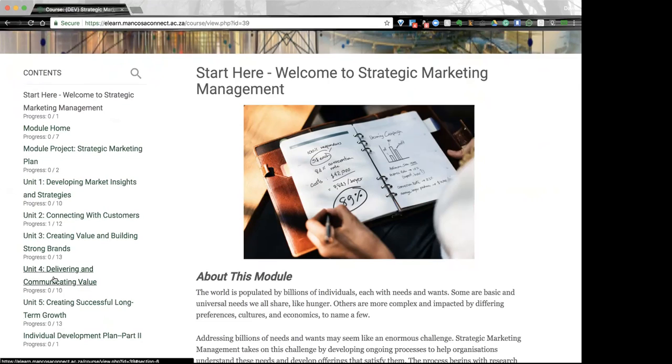You can always find and navigate your way through the module by clicking through on one of these table of contents links, and this is visible most of the time throughout the entire module. There's also a search feature up here, which is pretty nice. So if you have a particular topic that you are interested in finding, or if you're working on your module